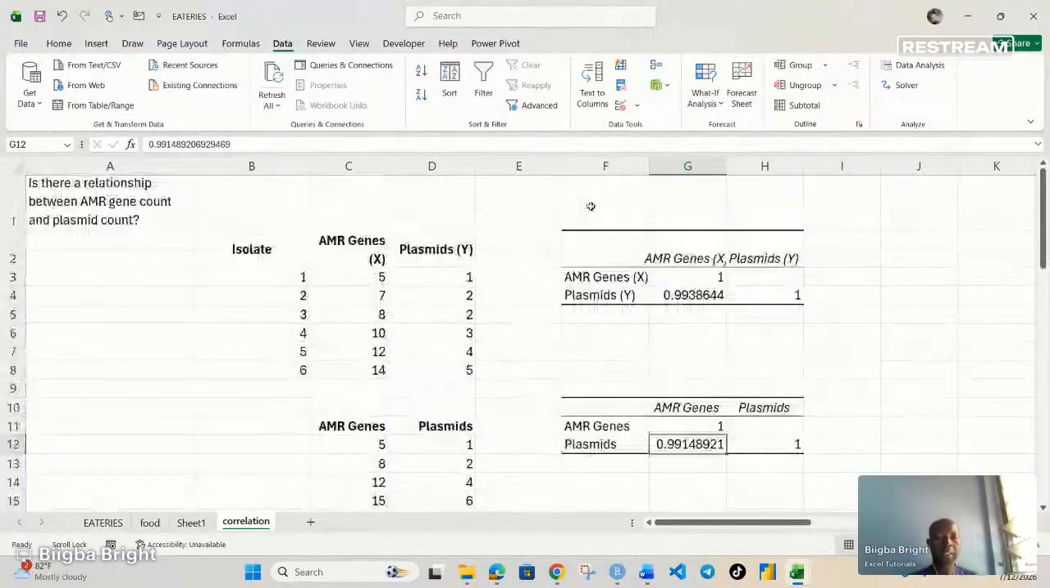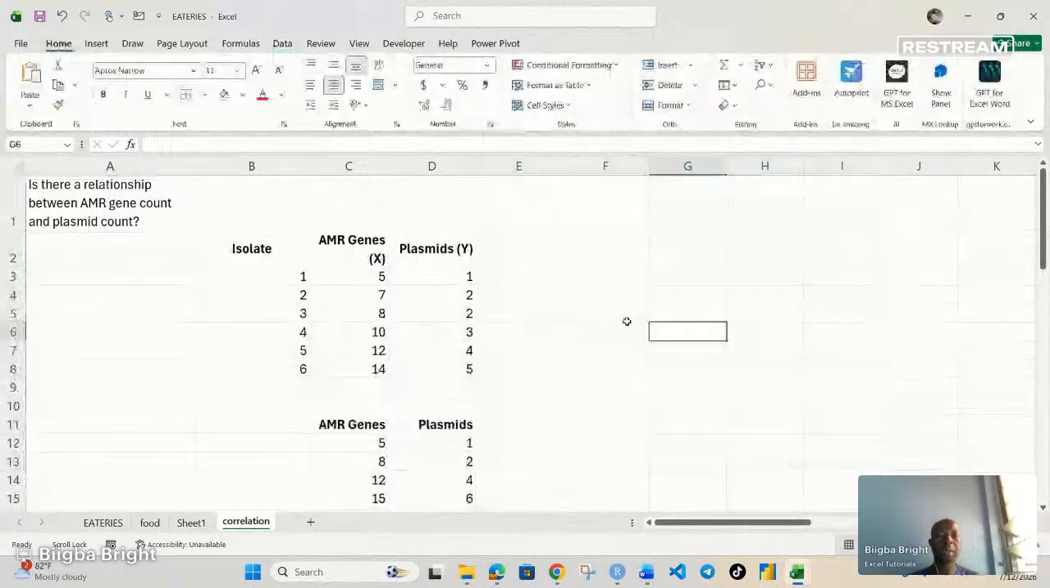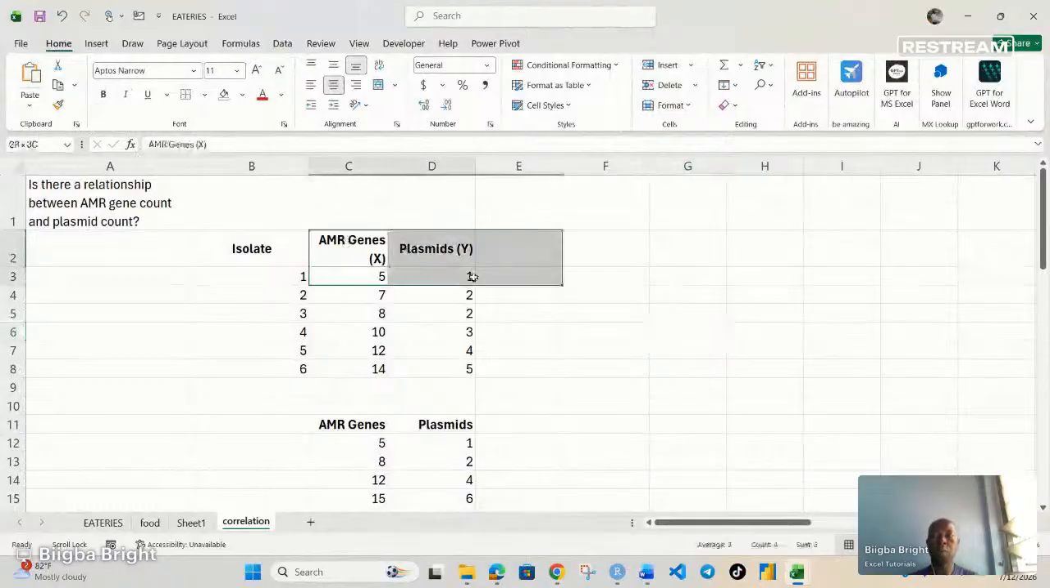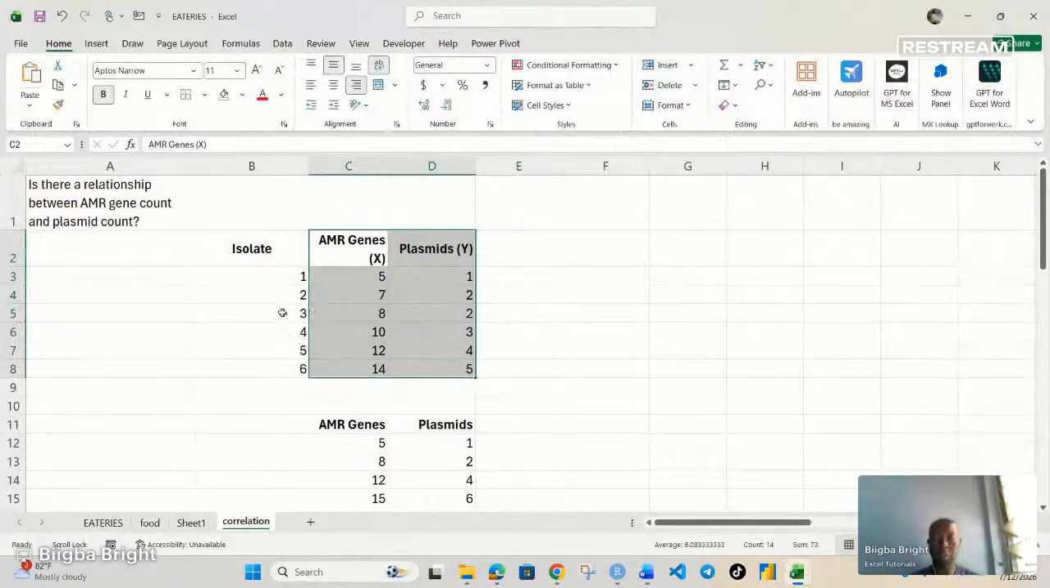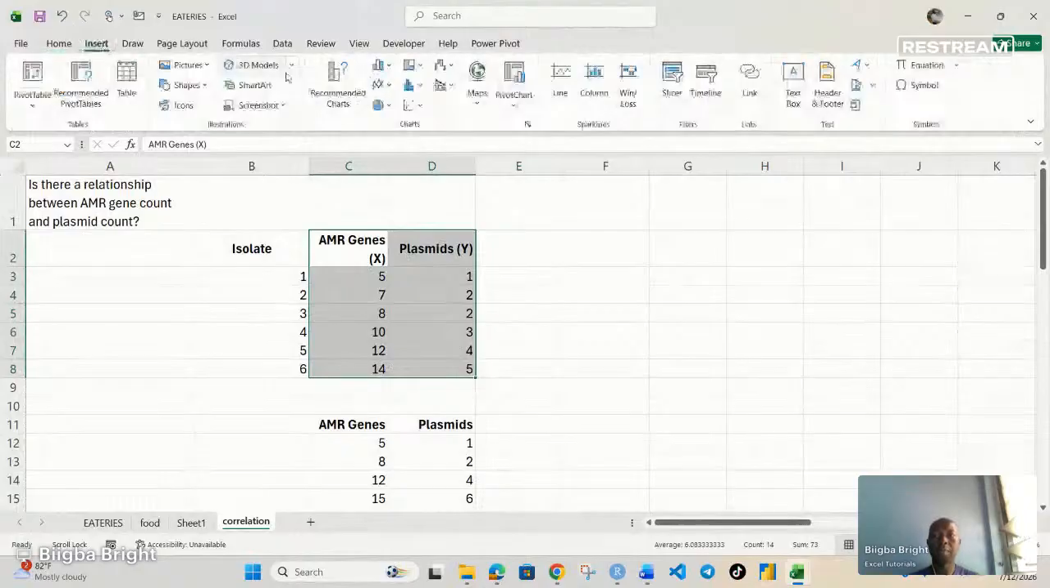Now, let me delete that, and then we go to the third way of doing correlation. The third way is by using the graphical method, and by far, that's the one that is good for publications. With that one, simply highlight the two variables. These are isolates, they are just index numbers, so we don't need them. So we highlight the two variables, x and y, and then we go to our insert tab,